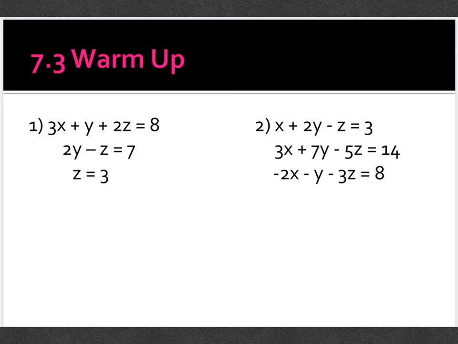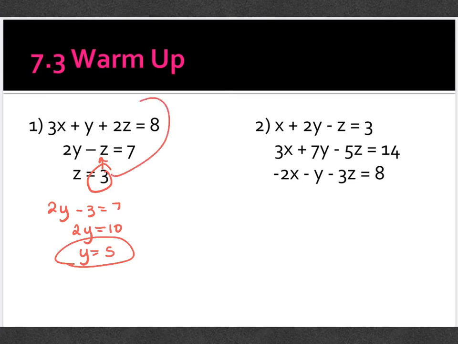So in 7.3, we did systems of linear equations, the triangle ones, 3 variable 3 equations, and then we started partial fractions. So with number 1, you're just going to take this z and plug it in to the one with 2. 2y minus 3 equals 7. 2y equals 10, and y equals 5. That's the second variable. Then you're going to take the z, plug it in with the y, plug it in,